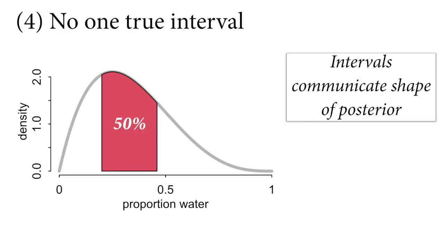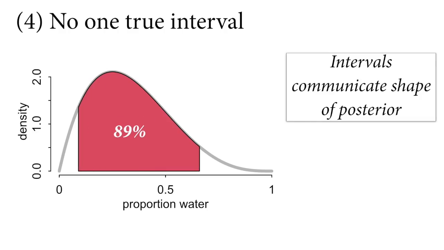And the same is true for any other width of interval. We could make something bigger, like 89%. I'm quite fond of 89% intervals. I use them in the book, I use them in the course, and I use them in my papers. But again, it's just an arbitrary number. It covers a very wide range of the most plausible values, and it's a convenient summary sometimes, but there's nothing